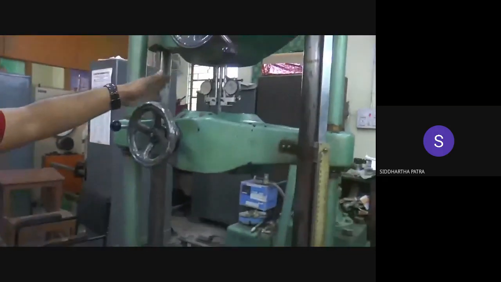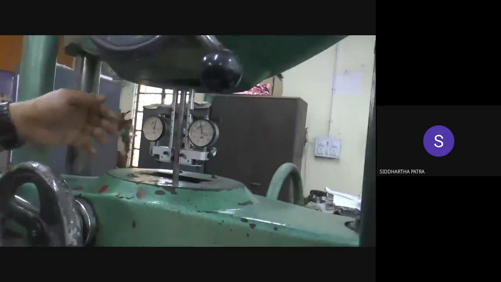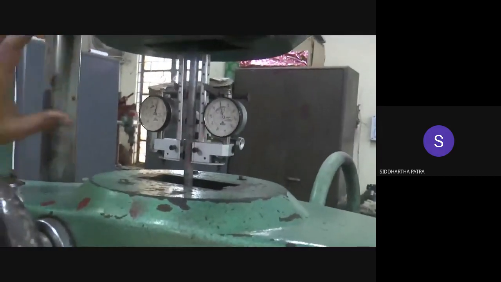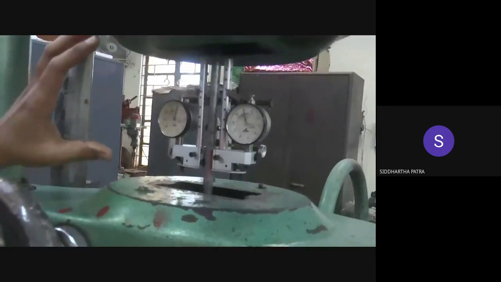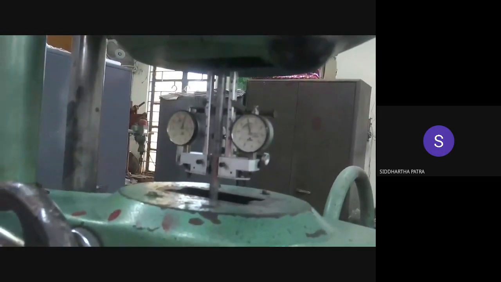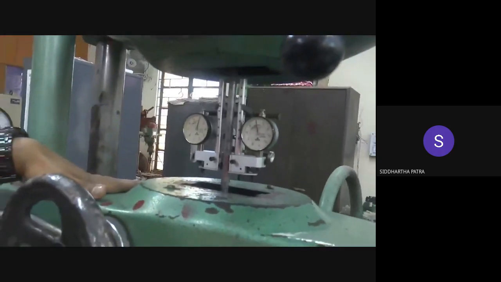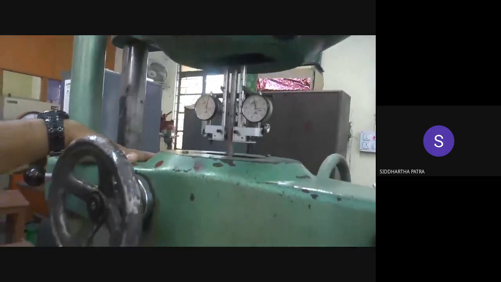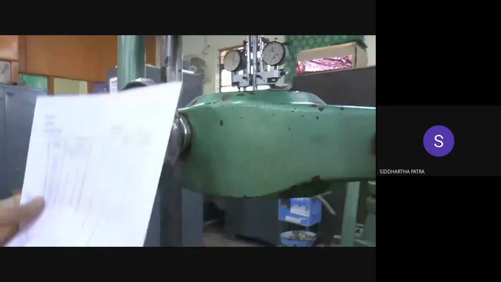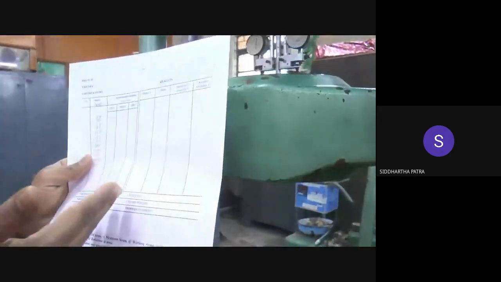So now the thing is, we don't want our extensometer, which is a very delicate instrument, to be subjected to plastic deformation. So we only want to use this extensometer up to the yield point. This instrument is there only for measuring the elastic strain. And once we know we have hit the yield point, we will remove the extensometer, and beyond the yield point, we are not taking any measurement of the strain. We cannot, because we have already removed the extensometer.